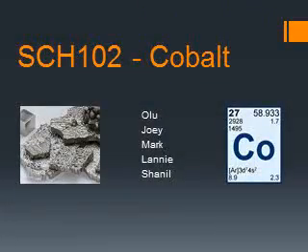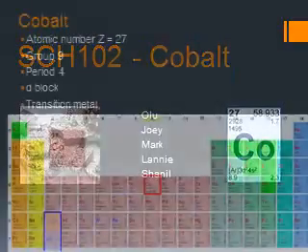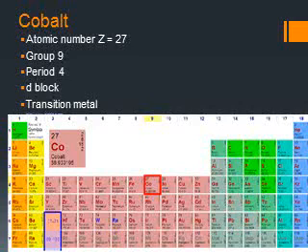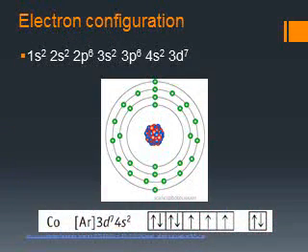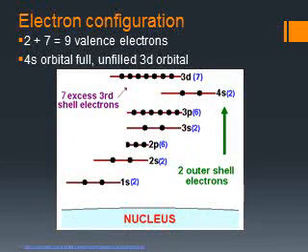Today we are talking about the element cobalt. It is a group 9, period 4, d block transition metal element. It has electron configuration 1s2, 2s2, 2p6, 3s2, 3p6, 4s2, 3d7. It has 2 electrons in the 4s orbital and 7 electrons in the 3d orbital for a total of 9